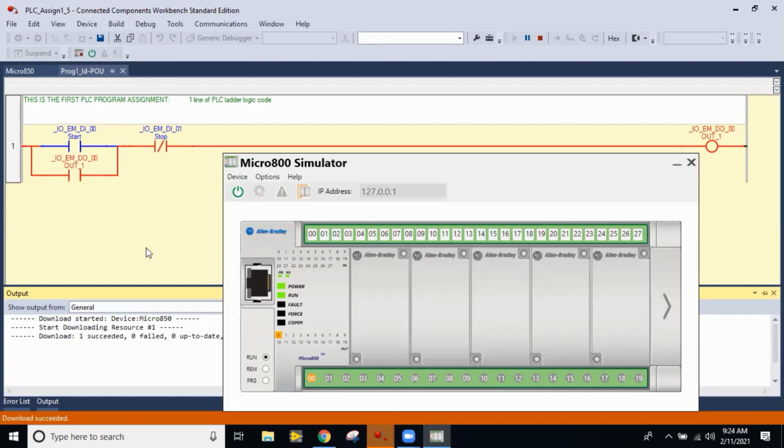To debug the program, does it have to be connected and running, or can you just do it like